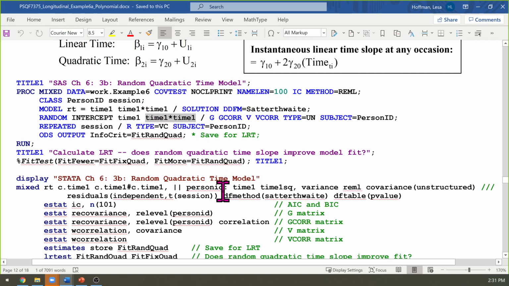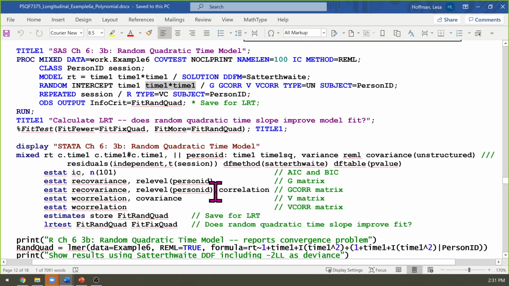There, of course, across the three programs, what the code looks like to do this differs. Fun times. So in Stata, every time I tried to put time1 hashtag time1 in here, it yelled at me and said, you can't do that. I said, okay, fine, I'll make time squared as a variable and put it in. And then it said, yeah, you can do that. So that was my solution to the problem, is to just literally make a column in the data set that was time squared and put that in as a random effect,